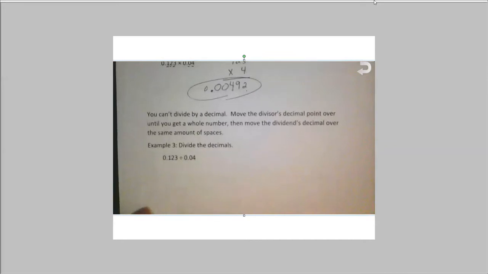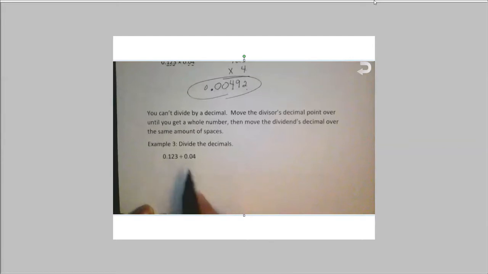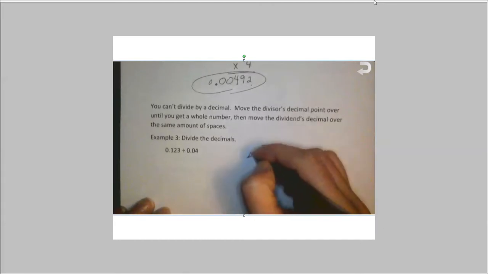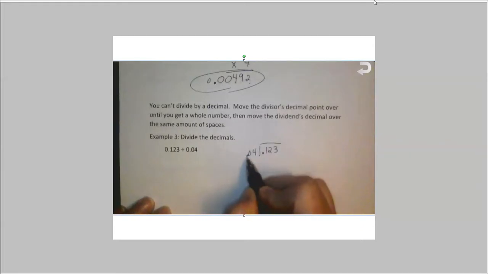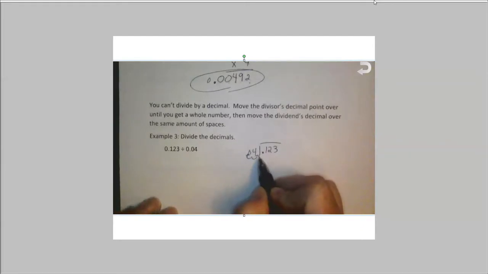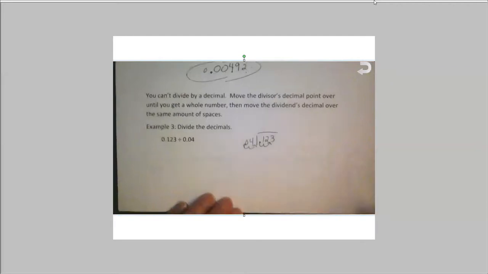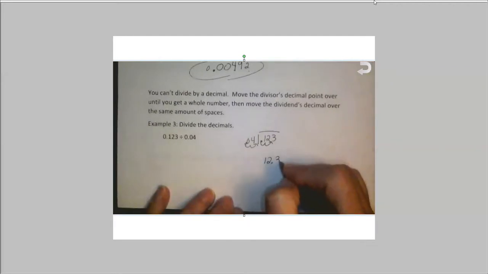Okay. One final rule with decimals: you actually can't divide by a decimal. So you're going to have to take the divisor's decimal point and move it until you get a whole number, and then move the dividend's decimal over that same amount of spaces. When you have a number written like this, the first number goes inside that box. Okay. I cannot divide by a decimal, so I'm going to shift that over 2 spaces until I get a whole number. That'll now be 4. But I have to take the dividend's decimal and shift it over the same amount of spaces. So what I have now is really 12.3,